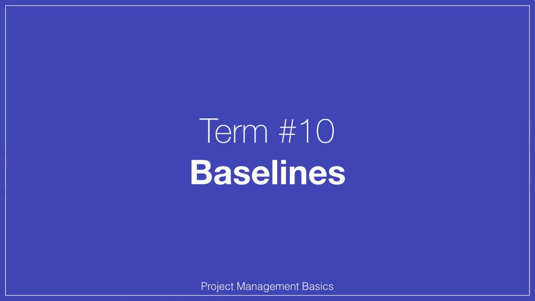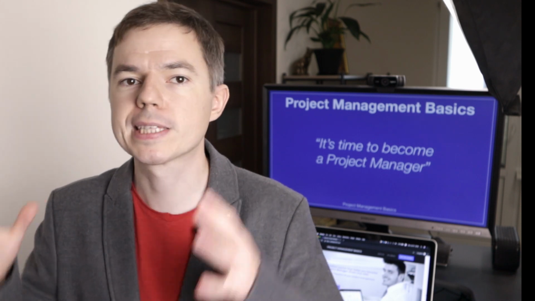Now, let's discuss baselines. There are 3 project baselines: scope, cost, and schedule baseline. A baseline is simply an approved version of the project scope, budget, or schedule. For example, scope baseline consists of project scope statement, work breakdown structure, and WBS dictionary. At some point you will get draft versions of these documents. They will seem pretty realistic to you. You'll feel like you identified 100% of all the work. Then you show these drafts to clients and they approve them. That's how you get a baseline of scope.